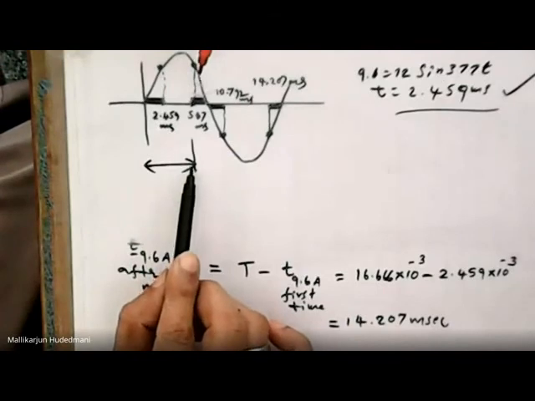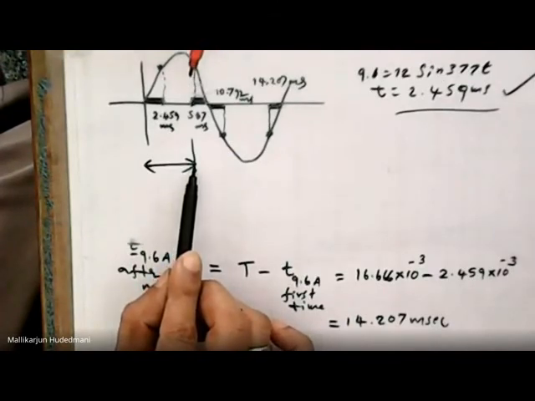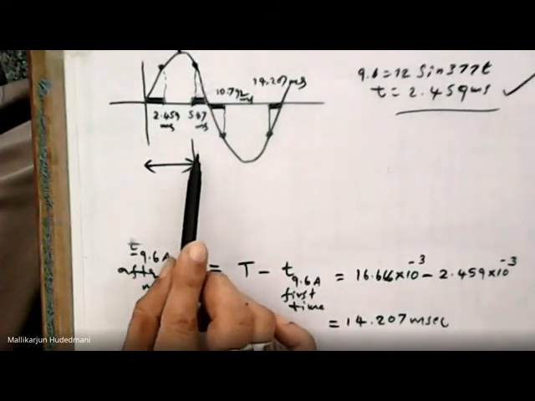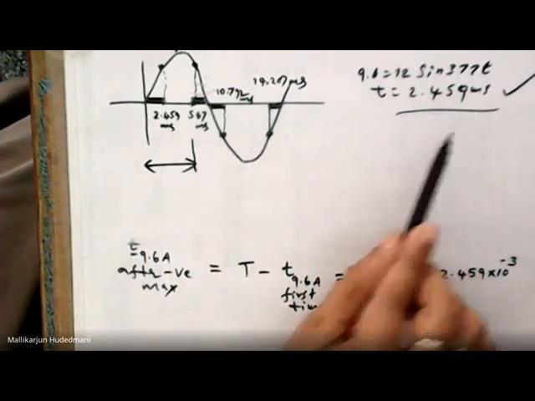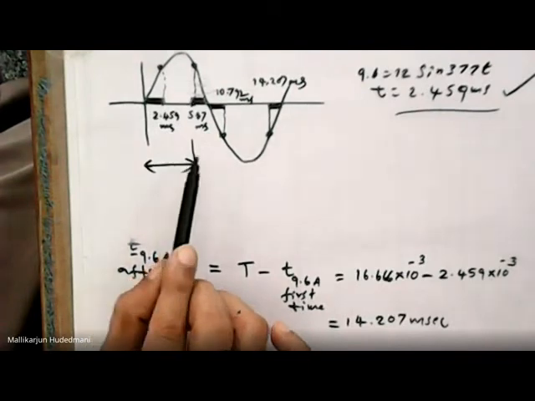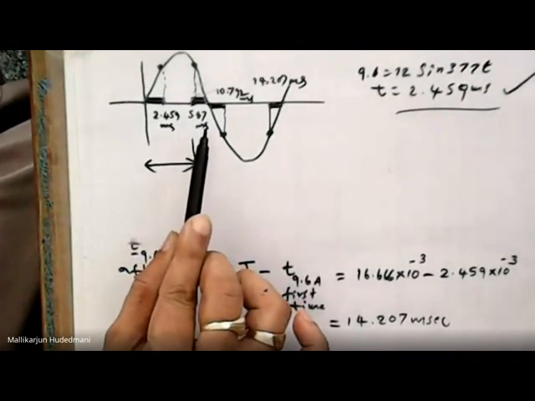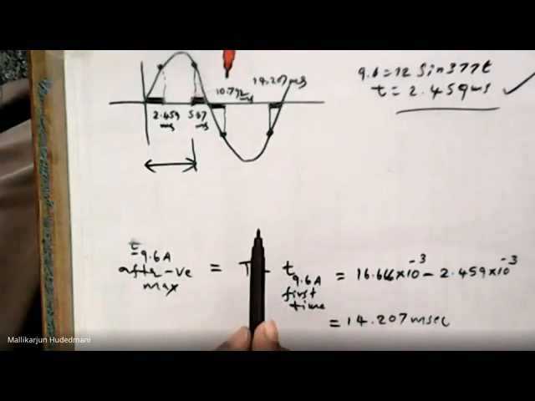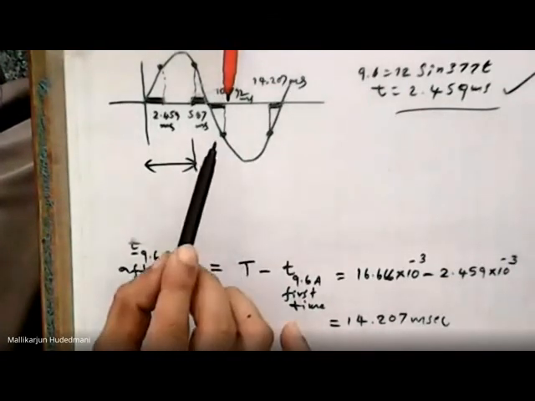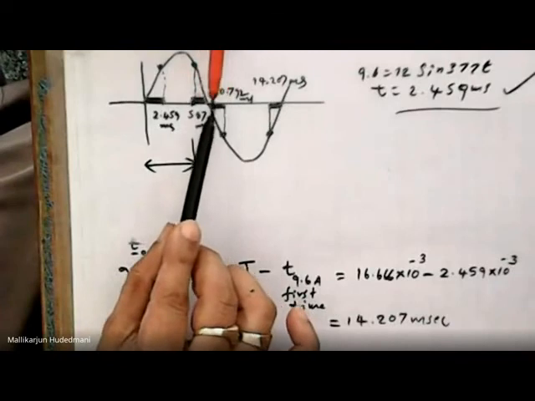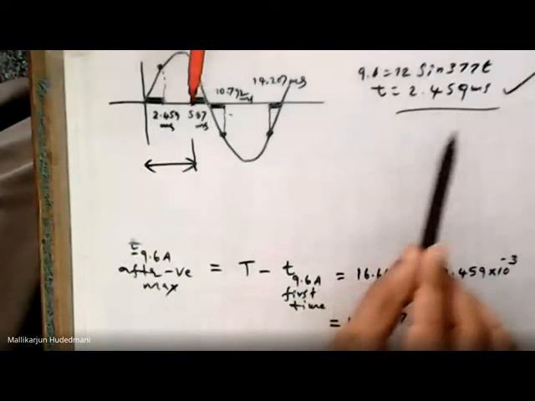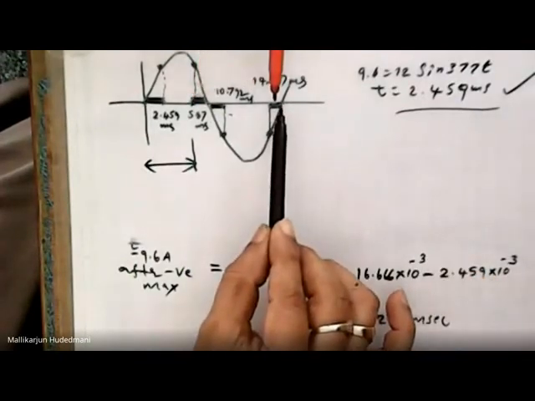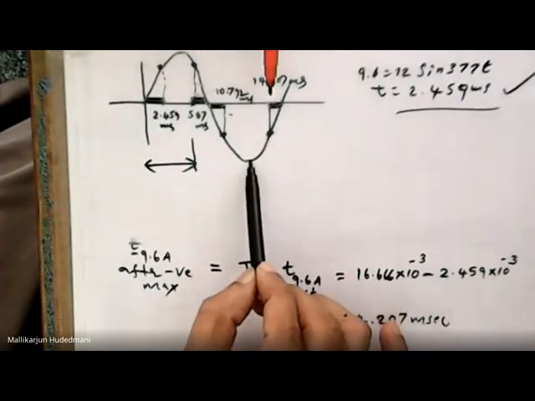That is called time for 9.6 ampere after the positive max. This is called second time occurrence of the quantity. So first time occurrence is straightforward. Second time occurrence is written by T by 2 minus the t for first time. Then time for negative first time is T by 2 plus this first time occurrence value. Then if it is the minus quantity, second time after the negative max,